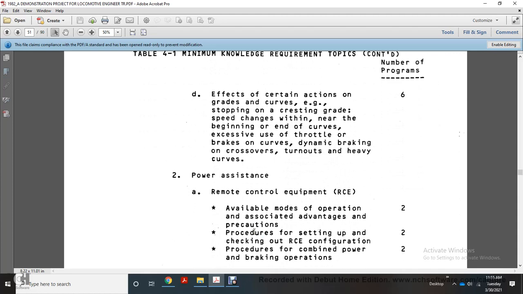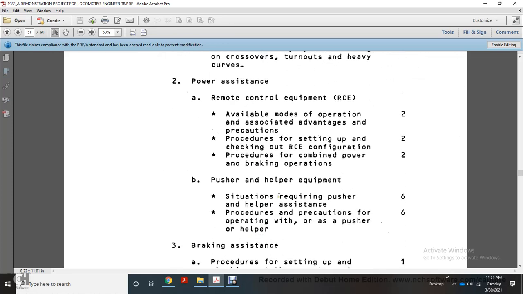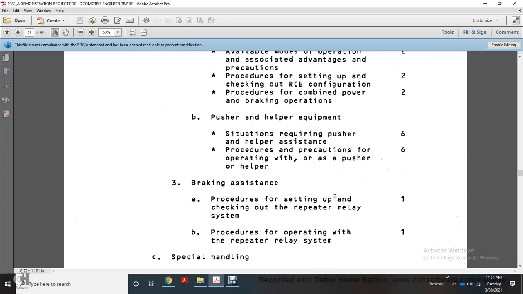the setting up and then checking out of the remote control equipment configuration, proceed with the combined power and braking operation, pusher and helper equipment, situations requiring pusher, helper, and assistant procedure, precautions for operating with pusher and helper, brake assistant procedure, setting up and then checking out the repeater relay system, procedure for